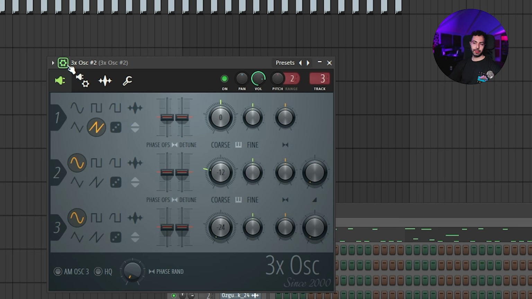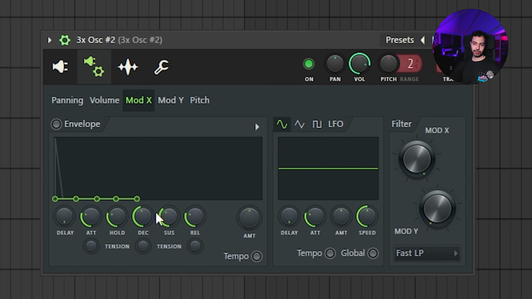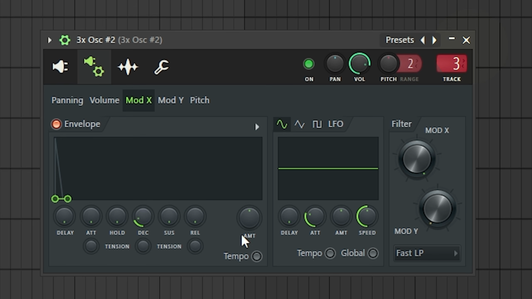So guys, first of all, we need to click this gear icon and go to envelope settings and activate the first envelope and create just something like this. Only a little bit of decay is what we need. And in the Mod X section, just do a very similar envelope curve, just a little bit of decay,